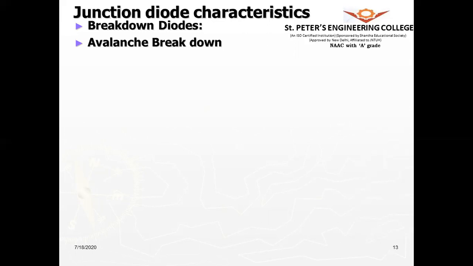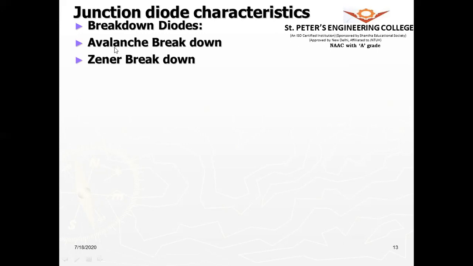So that current is the reverse current which can damage the diode. In a diode you can expect two types of breakdown. One is called the avalanche breakdown, and the other one is the Zener breakdown. Avalanche breakdown occurs when both the p and n types are lightly doped, and we apply a very large voltage, and because of this large voltage, there is a breakdown. Such a breakdown we call the avalanche.